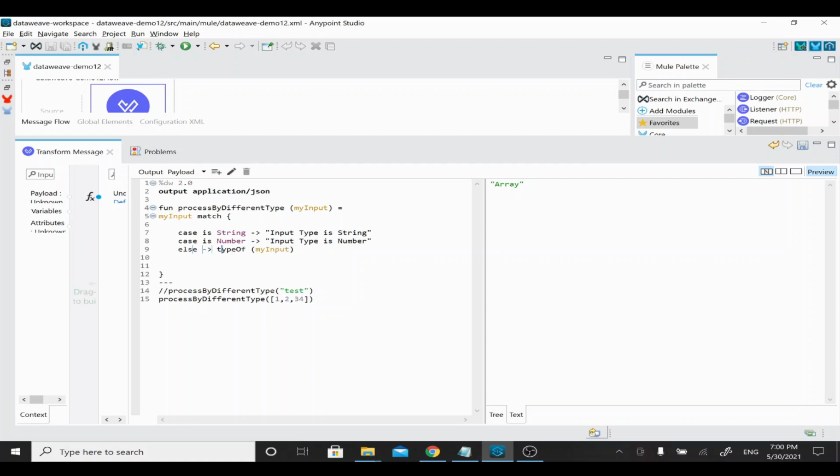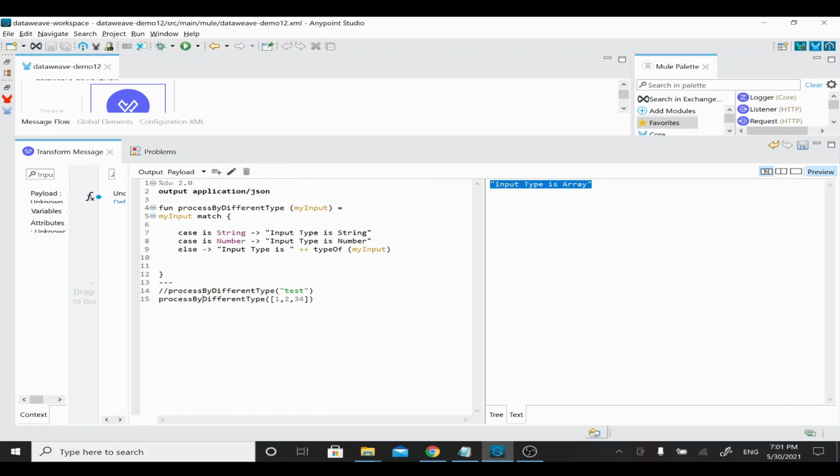If you wanted to add some additional string, the array is getting printed because you are printing only the type of that particular value, right? So this is array. For example, if you wanted to print something along with the value, you can print like this: input type is, and to concatenate you can add a plus symbol, then it will come as input type is array.